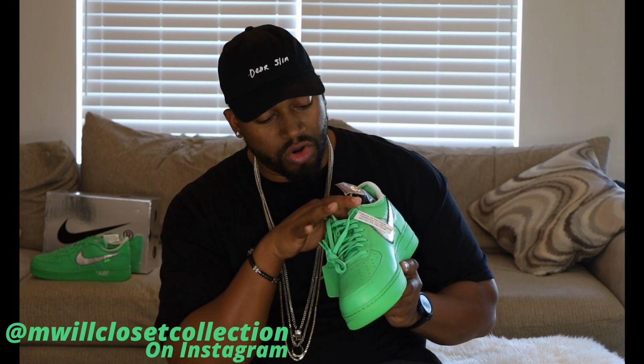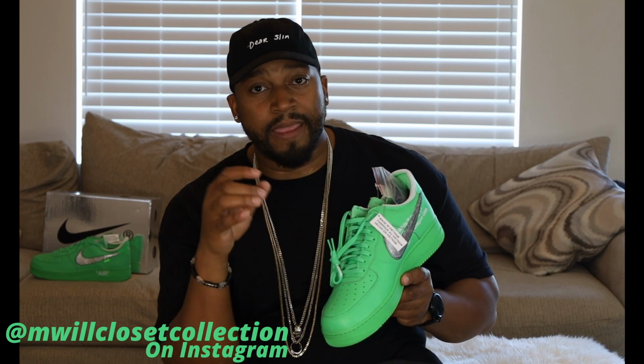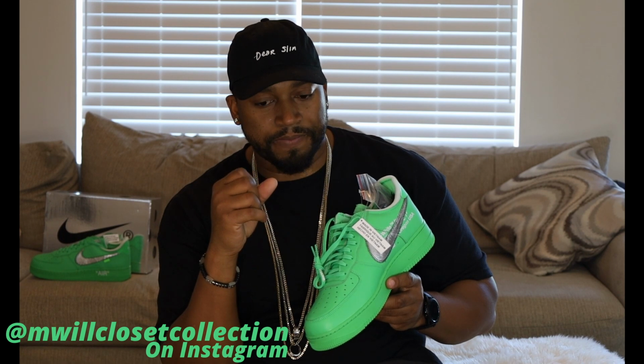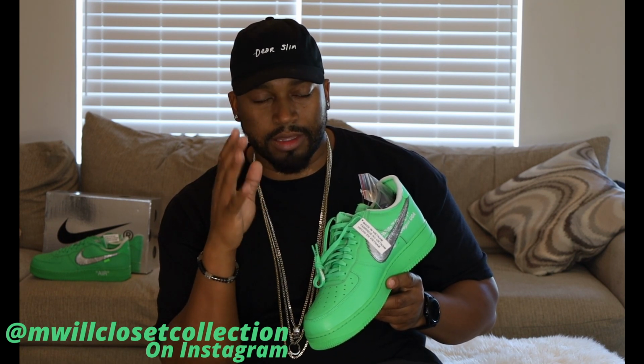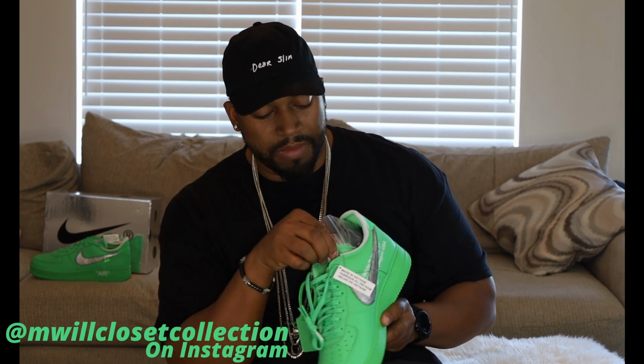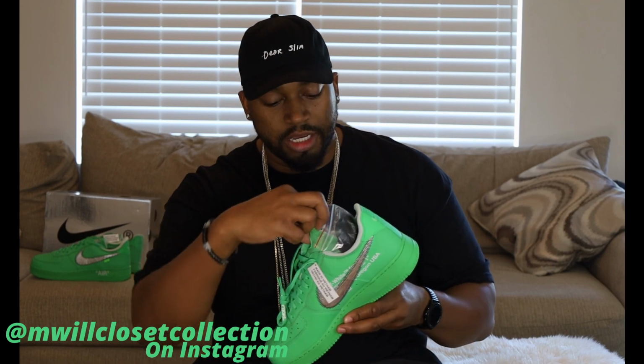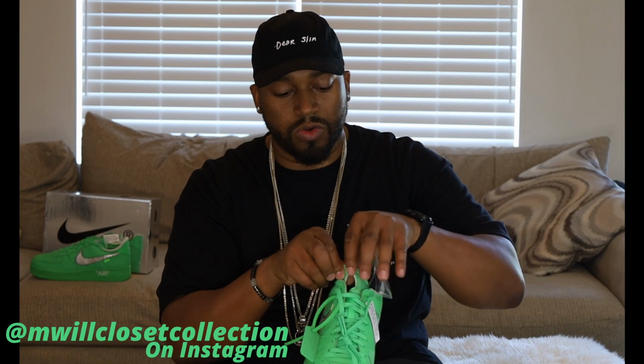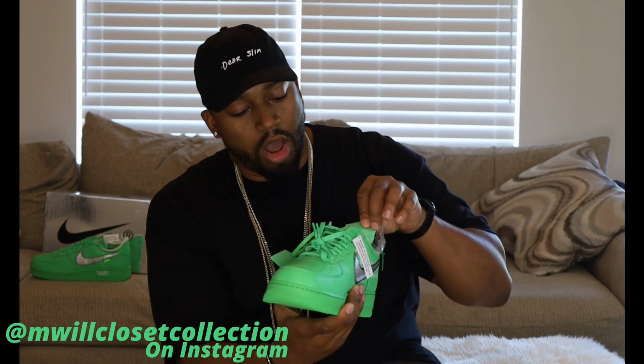Then it's a nice strong stitch going across in the green. And then the stitch has that tape on it. I forgot what they call the tape. It's not ballistic tape. I can't think of the term for that tape, but it's the tape. Then past that tape, the tongue changes to the raw edge tongue, which is also a standard for Off-White